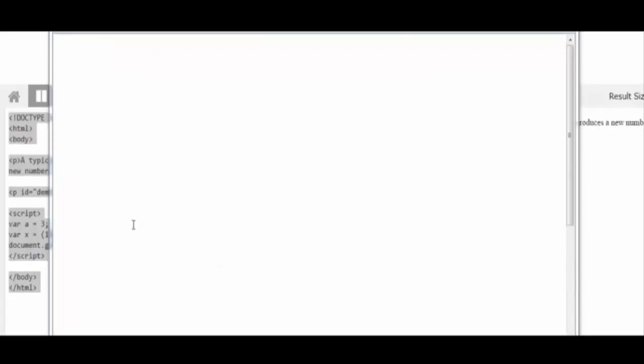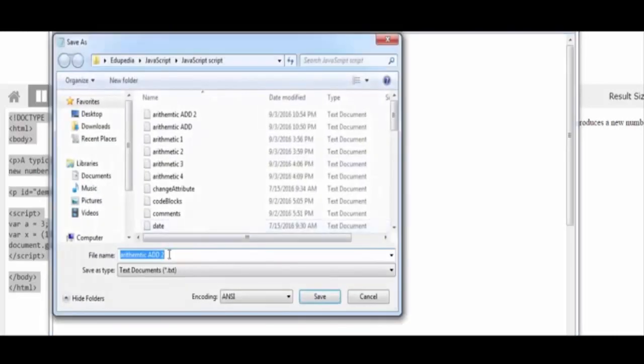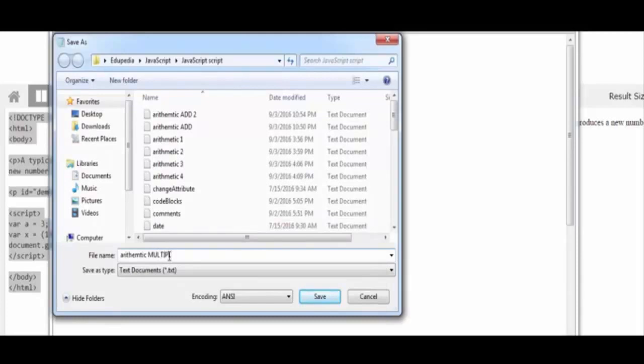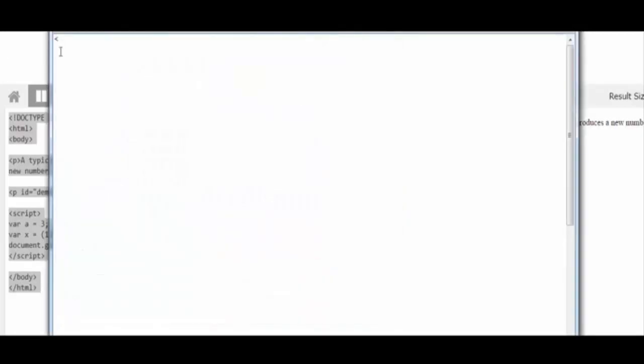Okay, supposing we have a number, an expression within parentheses, and we need to multiply it. Okay, I'm going to save this one as arithmetic multiply. I haven't done it yet, but I'm just going to let you know that this is the multiply program. All right, and let's begin with doctype HTML. Open up the HTML tag, open up the body tag, and in the paragraph tag write